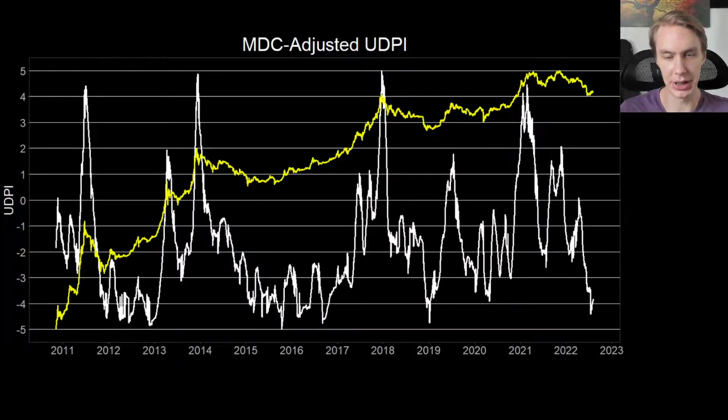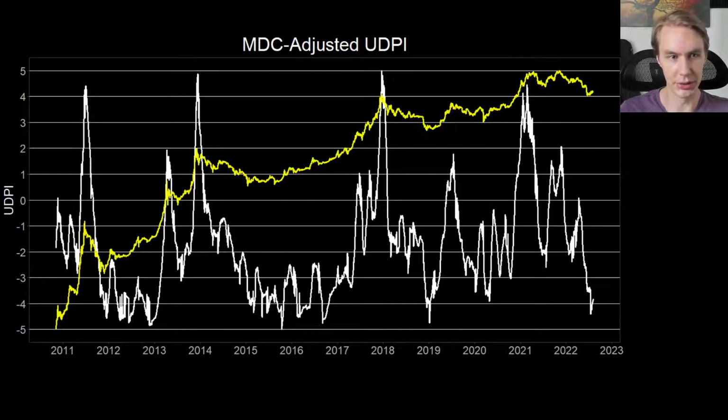Again, not super sophisticated, just kind of a proof of concept is the way that I'm looking at this right now. And the results are kind of interesting, and they look a little bit different than the normal UDPI. Not extremely, but a bit different. It acts a little bit differently too. So let's walk through how it's different, and I'll show some side-by-side comparisons of just the UDPI on its own